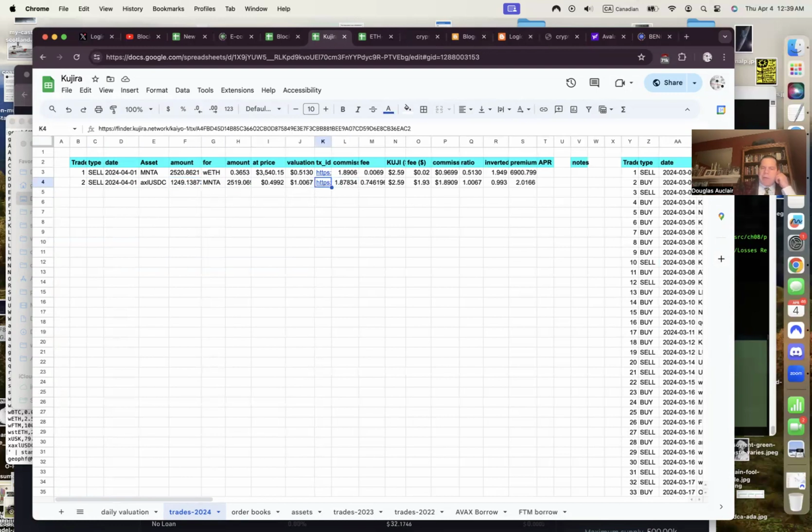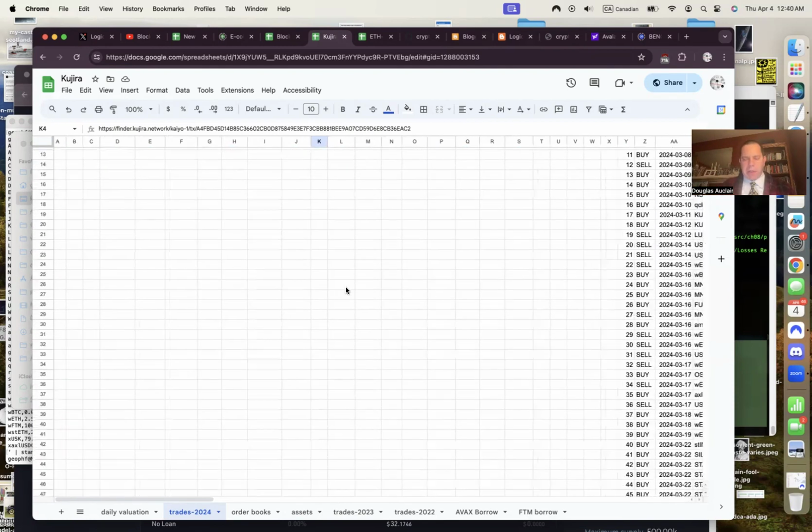And I include the transaction ID because if I have to go back a year later and see what actually happened to the trade, if I think I made an error somehow, or I forgot to record the fees or the commissions, I can go back to the transactions and look up that information. This has saved me several times when I've been doing my taxes over the past couple of years, recording the transaction ID with each and every transaction that I do. Those are for the Kujira Fin